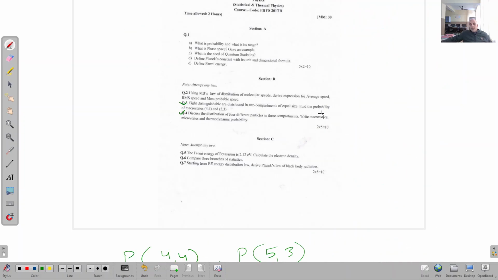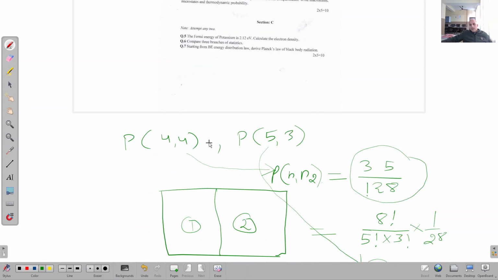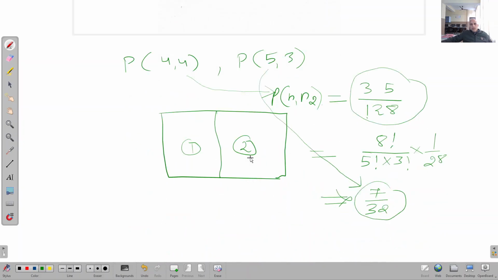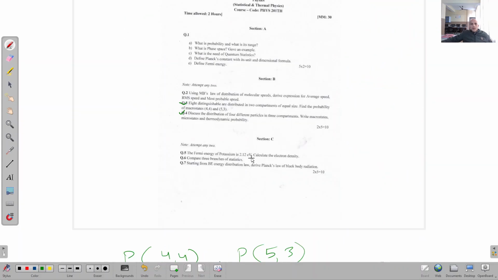So this was a very simple numerical problem that is going to be solved by using this relation. P n1 n2 is equal to n factorial divided by n1 factorial n2 factorial into 1 upon 2 raised to power n, right? So there was nothing difficult in this problem, and maximum of you have solved it and got the 5 marks. Now I am coming to the